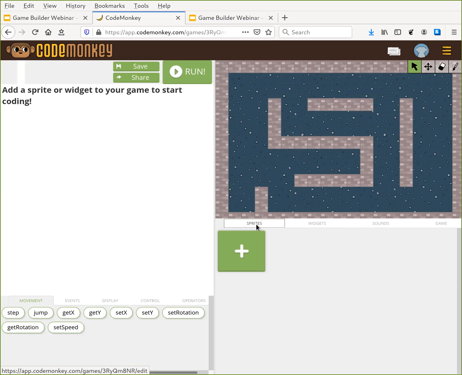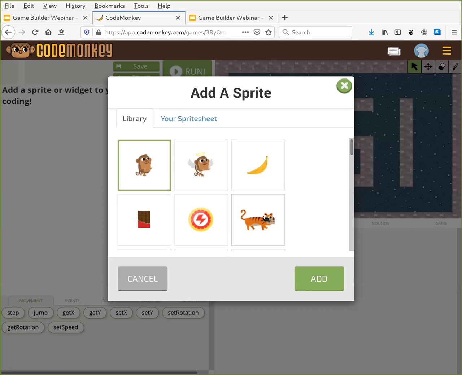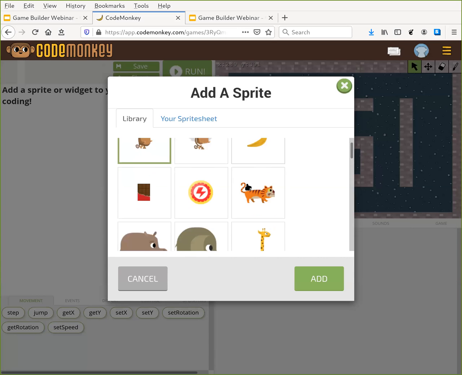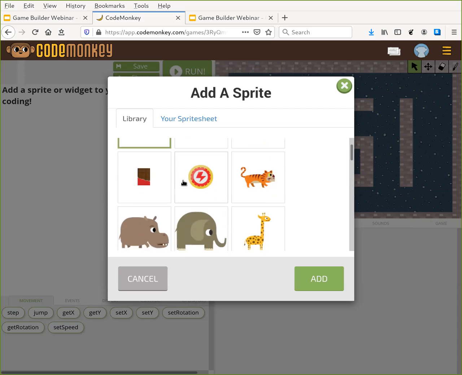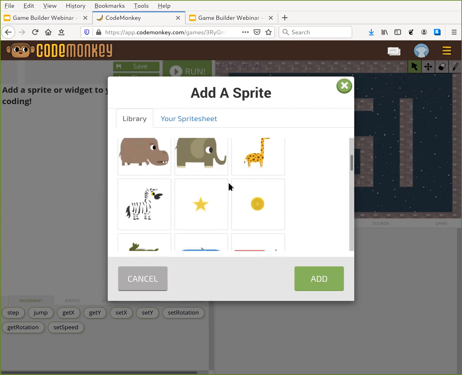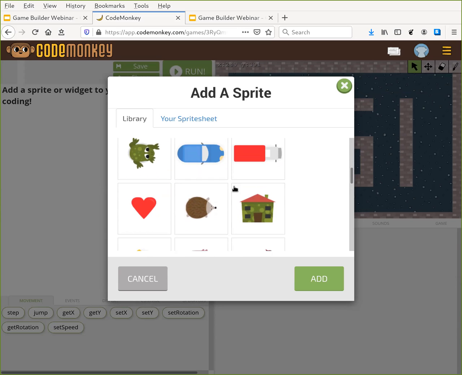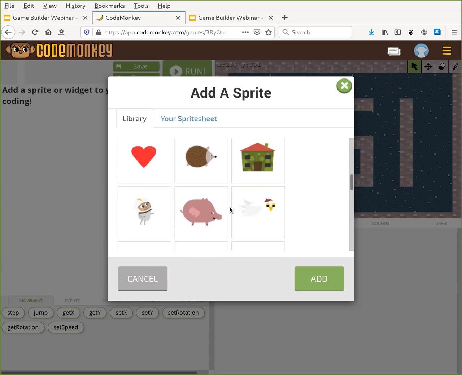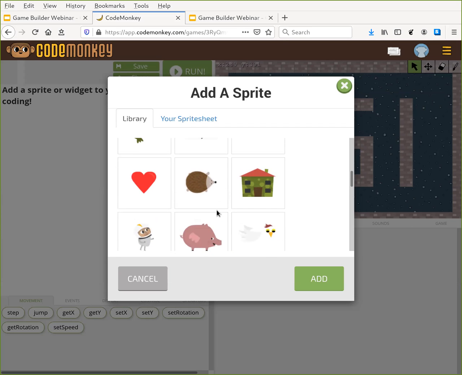To do that, we go to the Sprites tab, we click plus, and we choose, well, really anything we want. So we've got some, of course, we're CodeMonkey, so we've got a monkey. This was from our Valentine's game. Some food, a tiger, some different animals. For this, I am going to choose the hedgehog for two reasons.